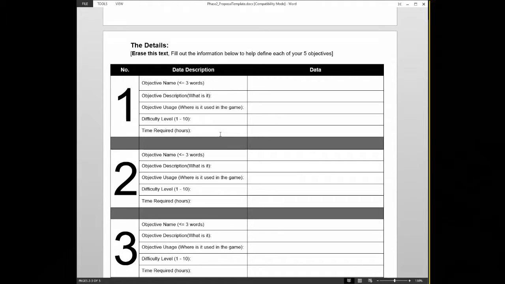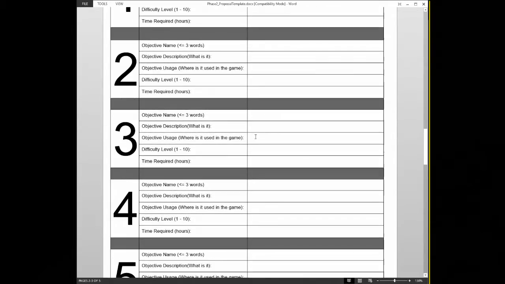So let's say you think it's going to take you 10 hours. Whatever number you come up with, I want you to add 30% to that. That'll give you a little bit of buffer, just in case. So 10 hours, plus 30%, would be a total of 13 hours. Why do I want you to state that? Well, once you've done that for all 5 objectives, it's going to allow you